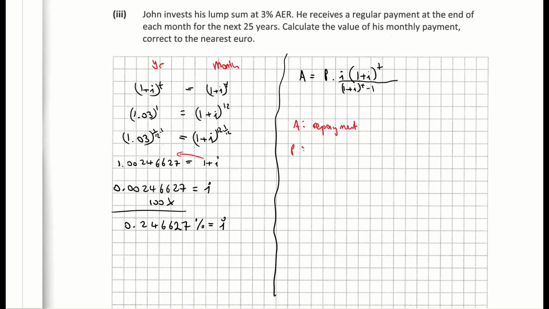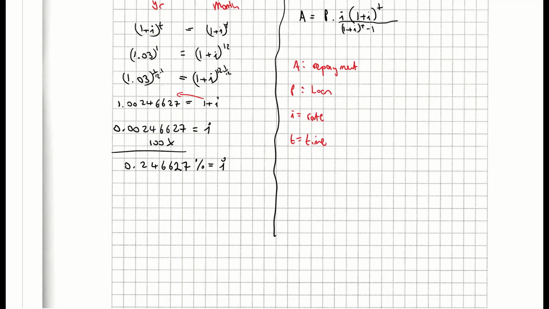P is standing for the loan amount, or the investment, basically. I is the rate, and T is time. So filling in my formula there now, I'm going to have A, which is the repayment, which I need to find. So that's what this question is asking me to find. P is the lump sum that we found in the previous part of this question, part C 2, which was the